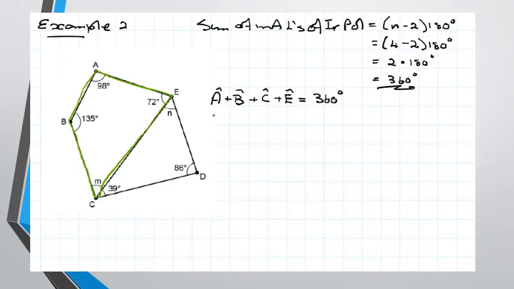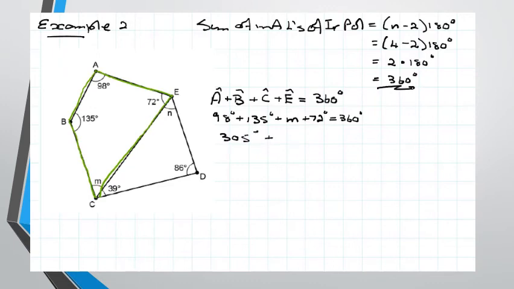I'm doing a little bit of substitution now. 98 degrees plus 135 for angle B plus the symbol for angle C to be M, which I would like to determine, plus E, 72 degrees equal to 360 degrees. Therefore, if I add all those values now, I'm going to end up with a value of 305 degrees